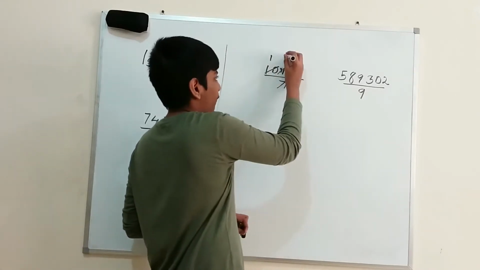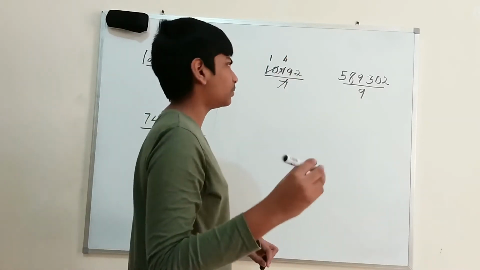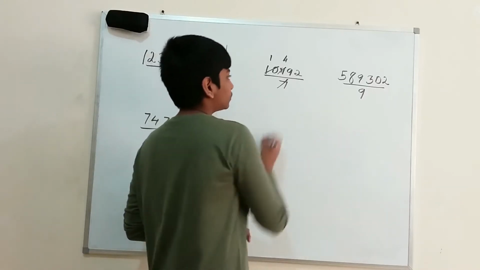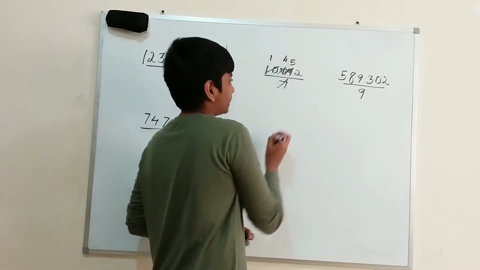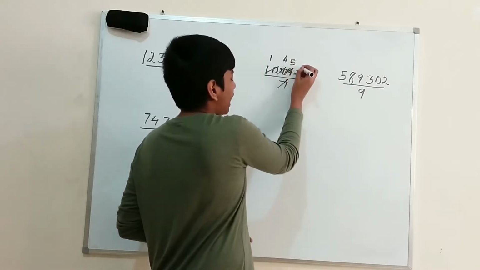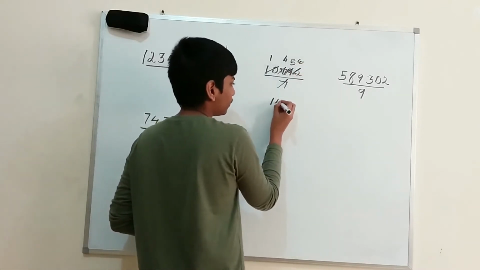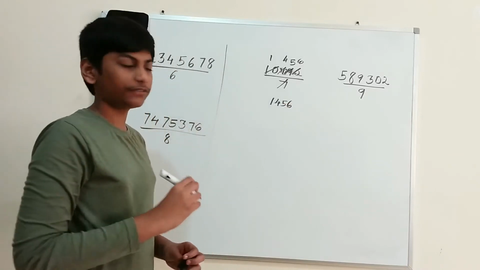So we'll use 4, where we'll get 28. So 28 minus 31 will get us 3, right? So this will become 39 over here, and this is going to be 5, and this will get us 42, and 42 is going to be 6. So our answer is going to be 1, 4, 5, 6.